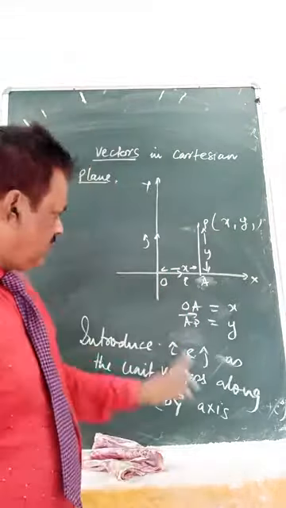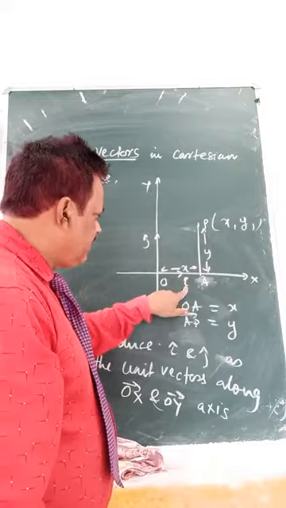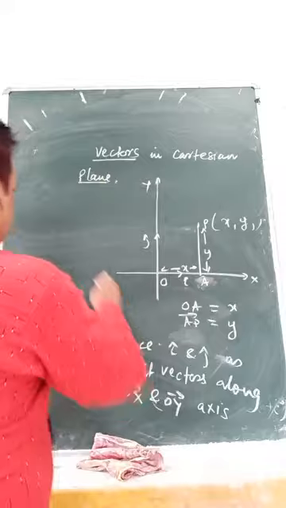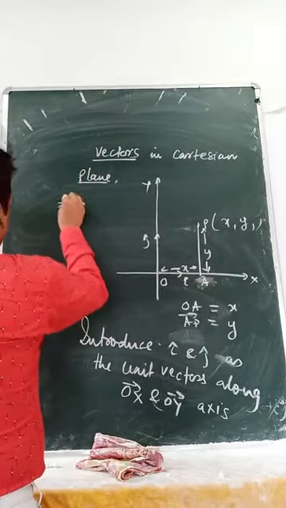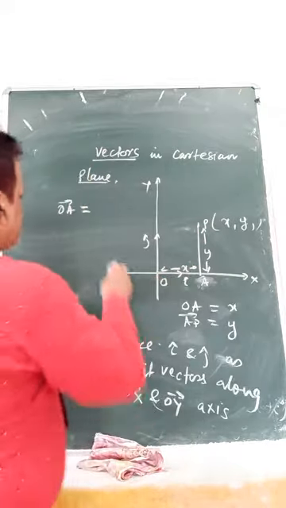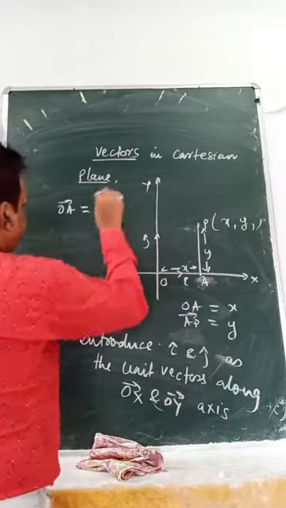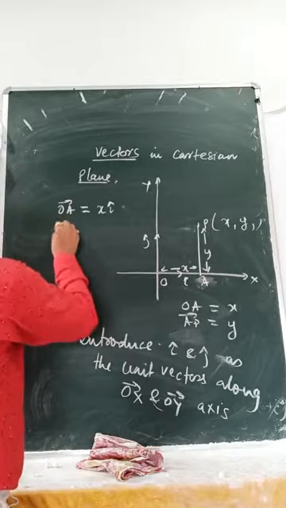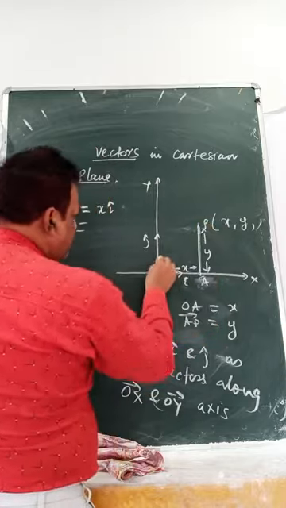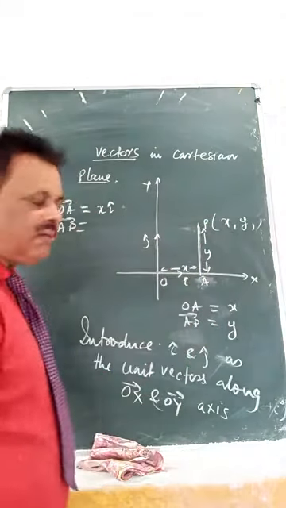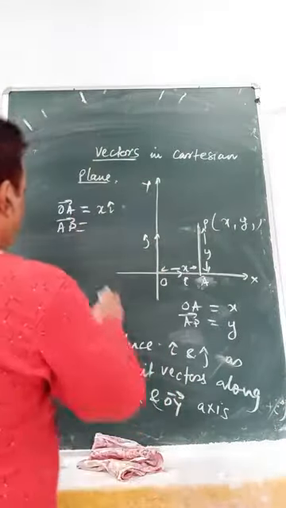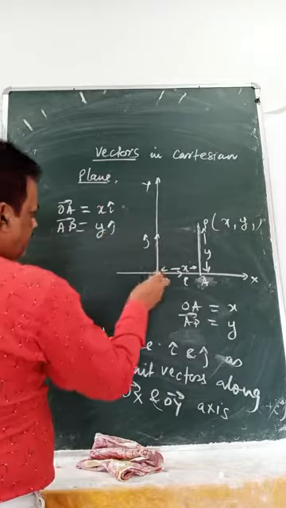Got my point? Just now I had told you, with a unit vector, if you multiply the magnitude, you will get the full vector. That means I can write OA full vector equals to magnitude is x, unit vector is I. That is xi. Similarly, AP will be how much? Magnitude is y, in the direction is j vector. So that will be parallel, means unit vector also along this will be j vector. That will be yj.